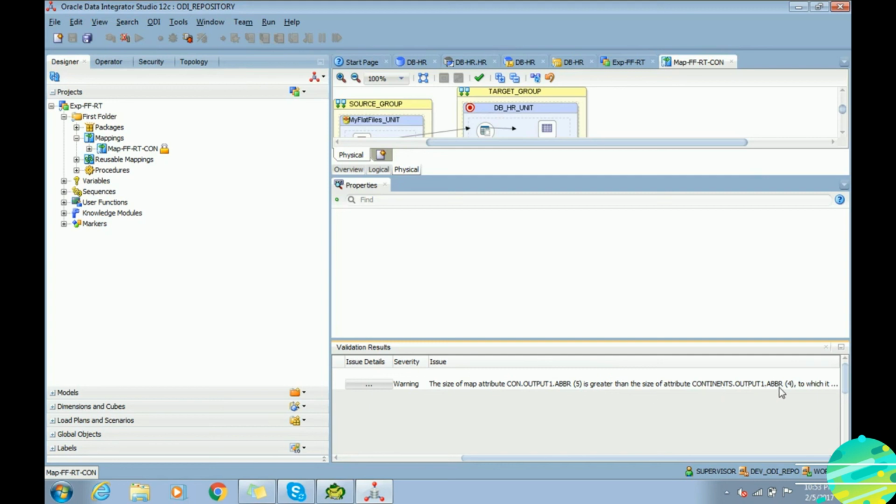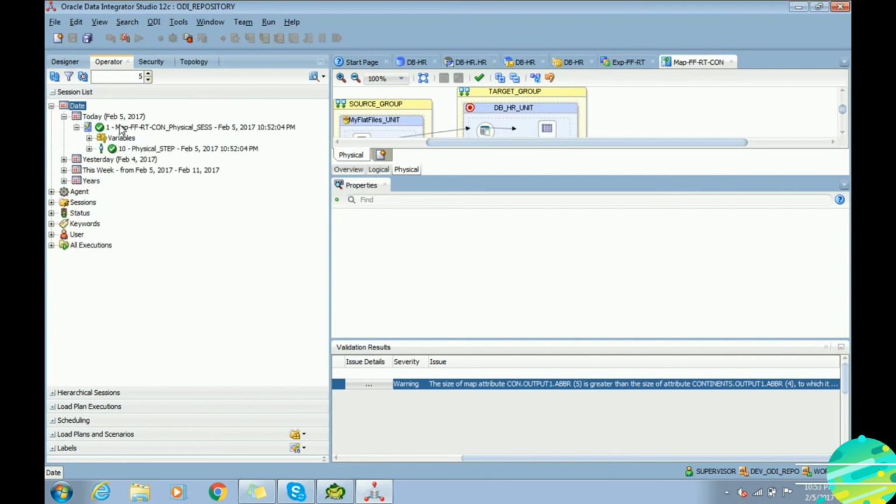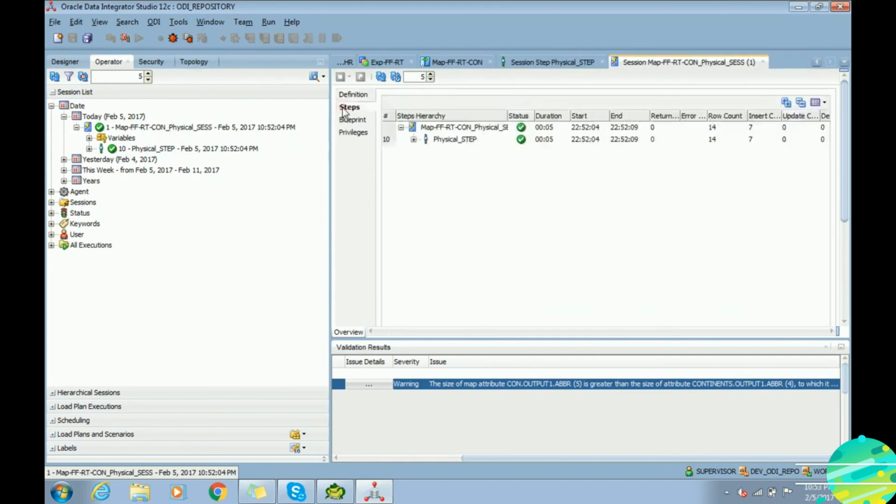The interface has started. In order to monitor the progress of that interface, we can go to operators tab in the ODI Studio. So that's operator tab, and in the operators tab we can find out the running jobs by various ways. Let's click on date, and this is the session which just ran.